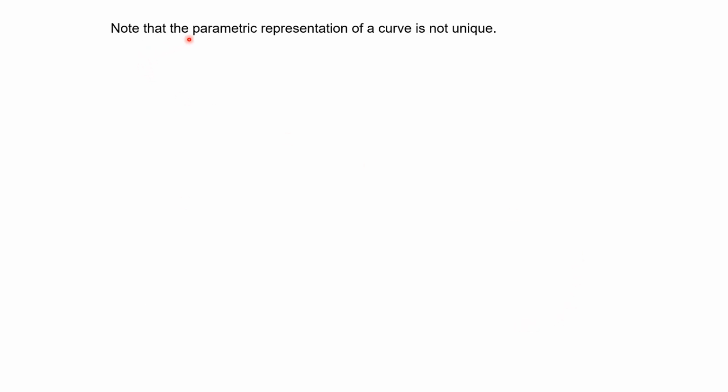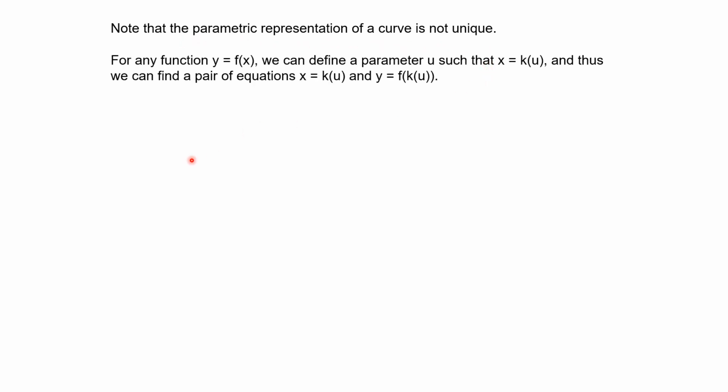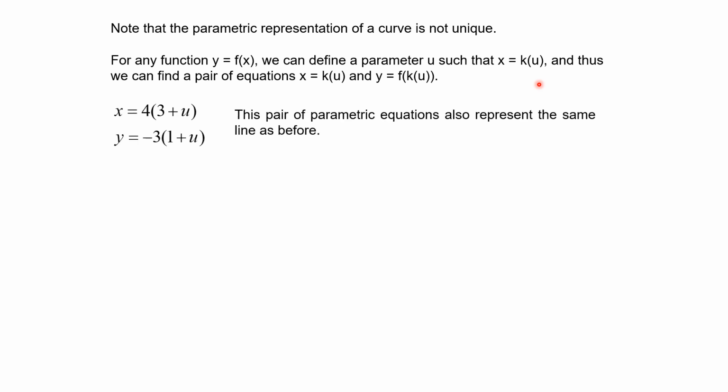Please note that the parametric representation of a curve is not unique. For any function y equals f(x), you can define a parameter in terms of any other parameter. It can be u, it can be t, it can be w, it can be z, anyhow. So your understanding is you need equation x in terms of u and y in terms of u in order to make y equals f(x) defined. So for example, the pair of parametric equations also represent the same line as before. Instead of t, you write it in terms of